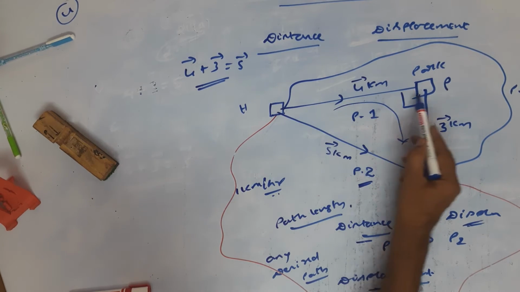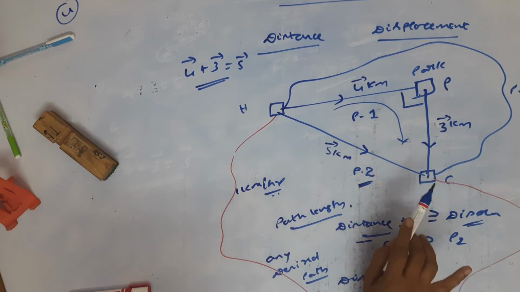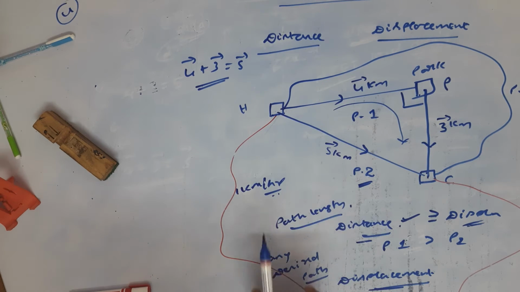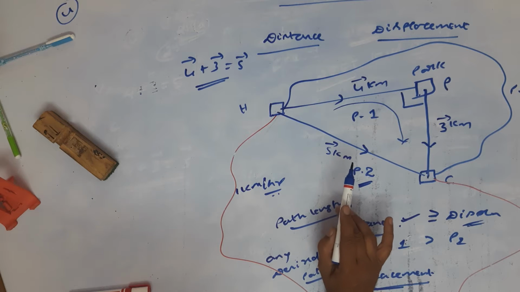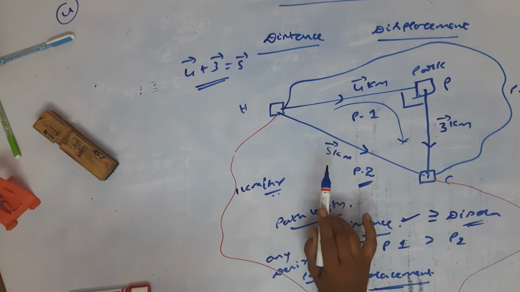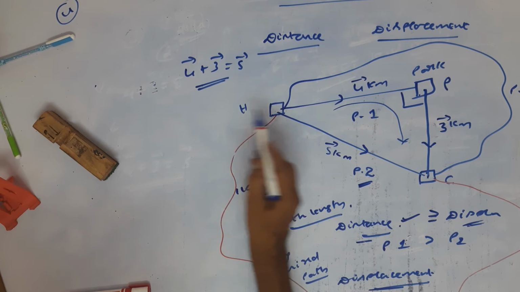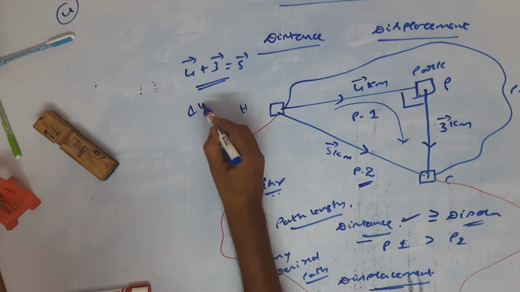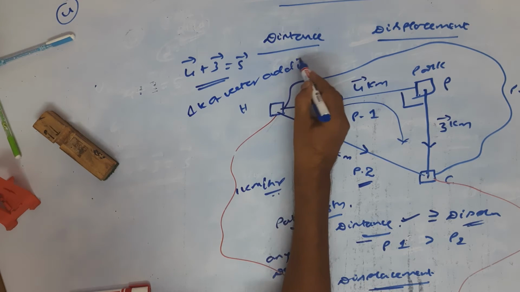The two vectors are taken in the same order, but the third side I am lifting the pen in reverse order. Then the third side taken in the reverse order represents the resultant both in magnitude and direction. And this is popularly called the triangle law of vector addition.